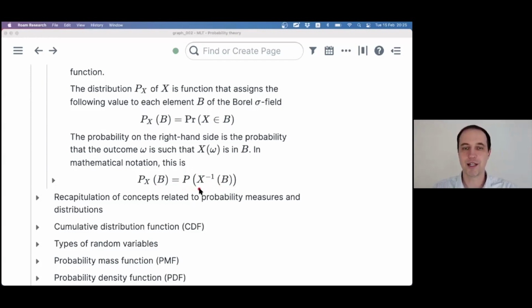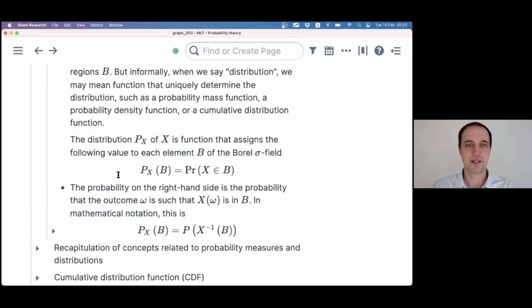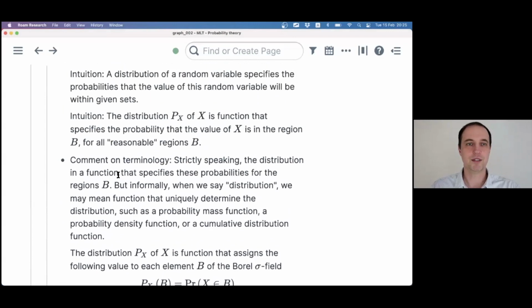So this is some subset of the sample space. And you say this is going to be the functional value of the distribution evaluated at B. Any questions about this? So if people are okay with this, then